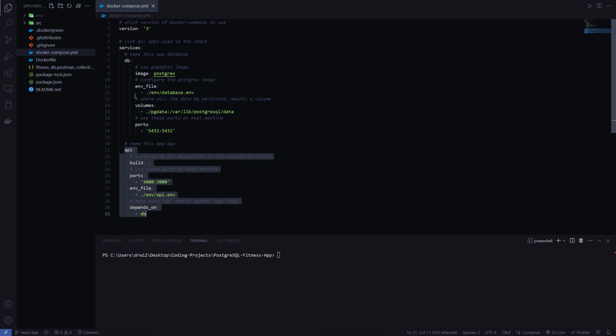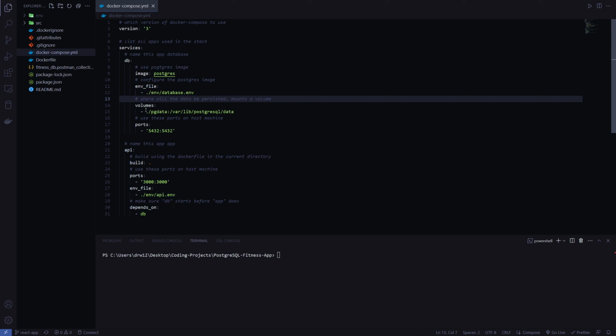And for the database specifically, we specify exactly where this data is going to be persisted. This is going to be a local directory on our computer. So once we start up this application, you're going to see a PG data file get generated in the top left over here. So to get this application up and running, we need to execute docker compose up